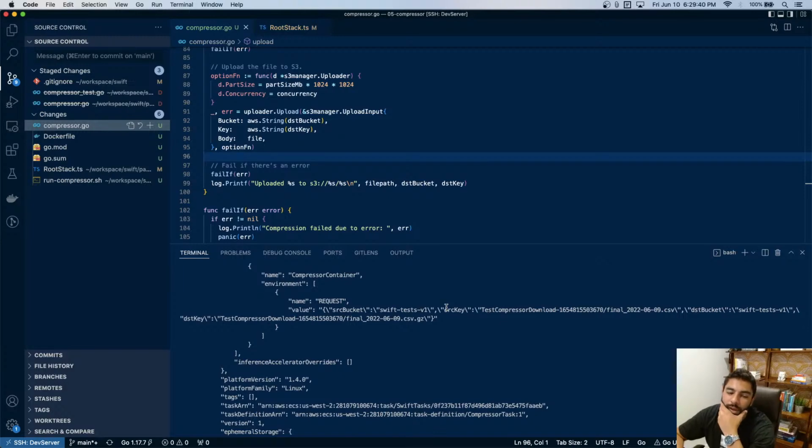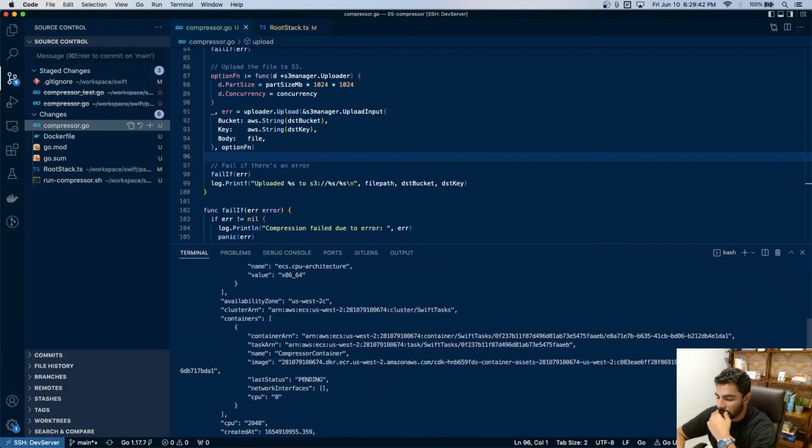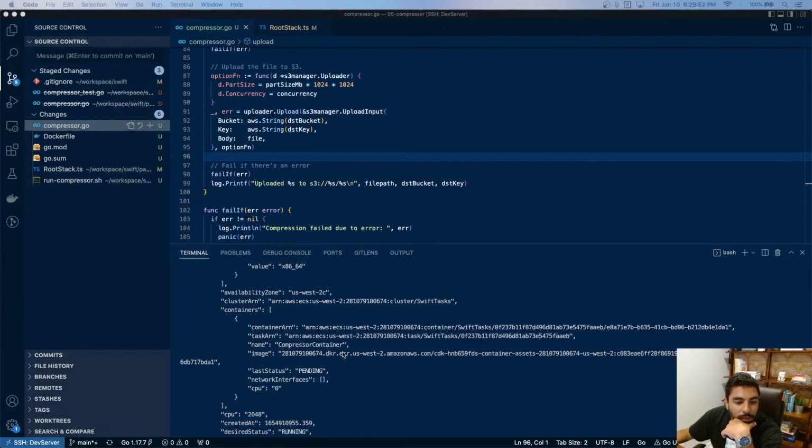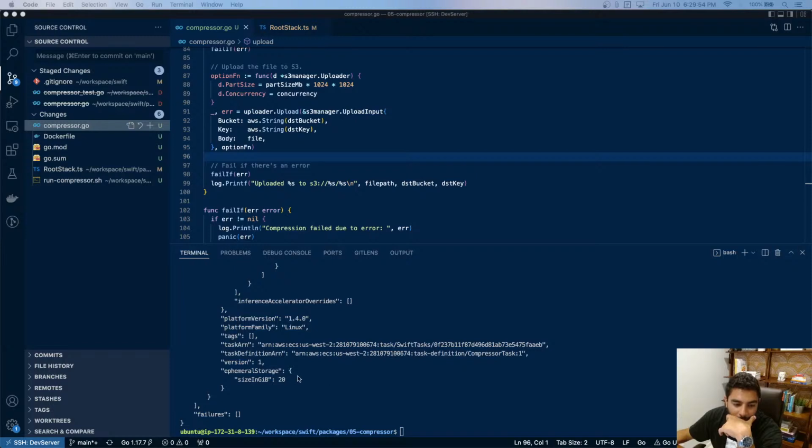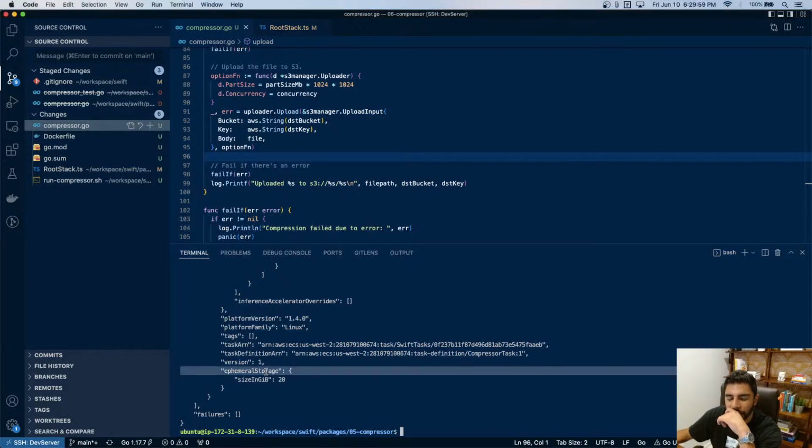So this will start failing, mostly because it's not going to find space to write this. And technically we can attach much more, a lot bigger storage, up to 200 gigabytes, I think. But even 200 for this type of file is cutting it close. What we could do is we could say that we're going to support up to 200,